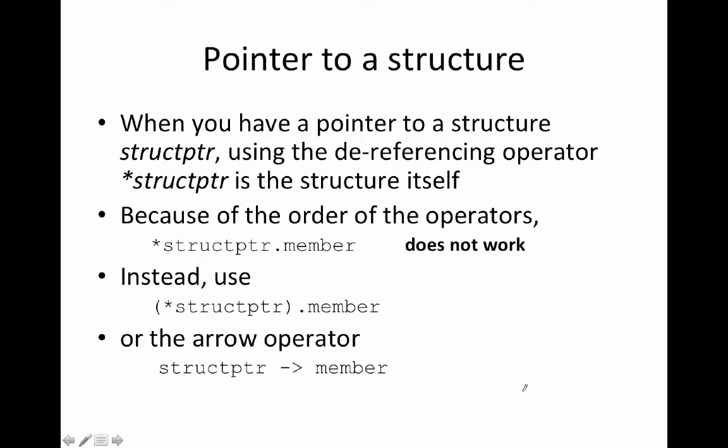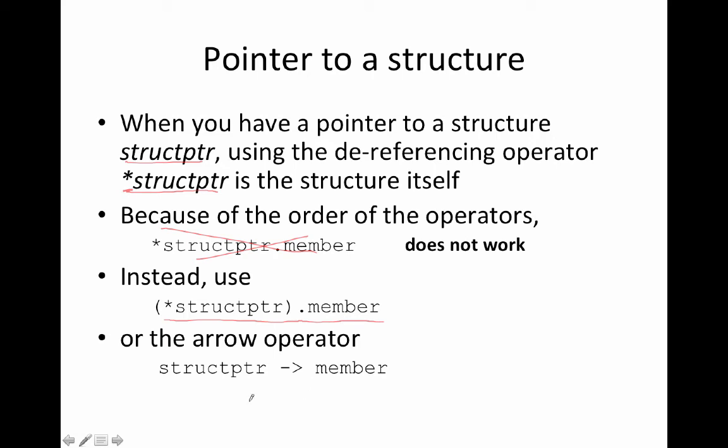Now, when you have a pointer to a structure, let's say it's called struct_pointer, using the dereferencing operator, so putting the star or the asterisk in front of that, is the structure itself. So again, the pointer would store the address, the actual value stored in that location, which would be the structure, is *struct_pointer. Now, if you want to refer to a member of that structure, this does not work. Okay, so that's the wrong syntax. Because of the order of the operators, we need to put the *struct_pointer in parentheses before the dot